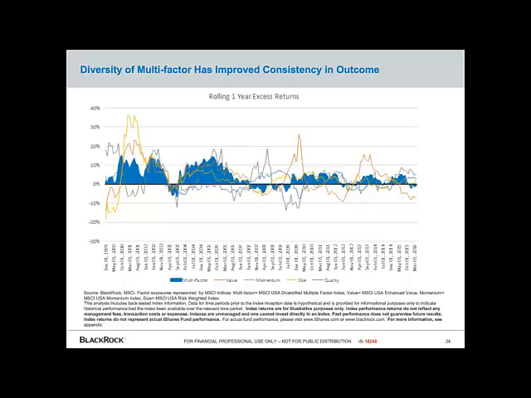As you can see in the orange line, which represents value, value sometimes does really well, and sometimes it does quite poorly. There's a lot of noise in its quest to deliver results. On the other hand, the shaded blue area here represents a multi-factor approach. So this is an approach which combines all four factors, quality, value, momentum, and smaller capitalization stocks, together in one strategy. Now, you'll notice that this blue shaded area may not be the best performing in every single period relative to single factors, but it is driving greater consistency and outperformance over time versus these indexes.